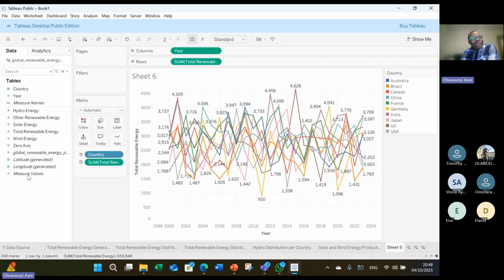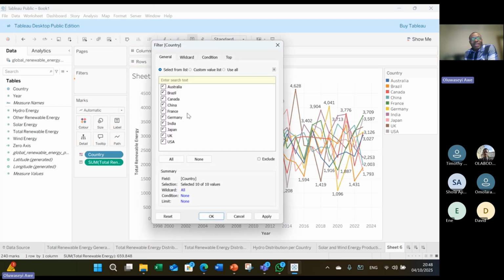So you need to bring in something called a filter. You bring in a filter of the country so that you can easily filter some countries off and concentrate, put your searchlight on those countries that are important that you want to analyze. For example, if I should pick France here, and I should pick India, I can remove Japan, I can remove the UK, I can remove the US. I might leave Brazil that is not doing very well. So I have India, I have maybe